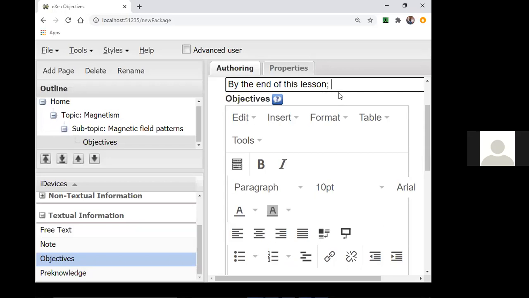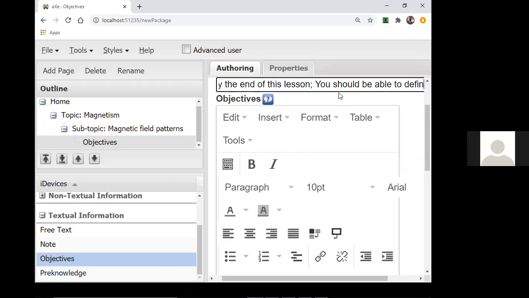So you should say, by the end of this lesson, you should. Don't say, by the end of this lesson the learner should. No, let it not be passive. Let it be first person. You should be able to define a magnetic field pattern, a magnetic field, for example. Yeah, and that is it.